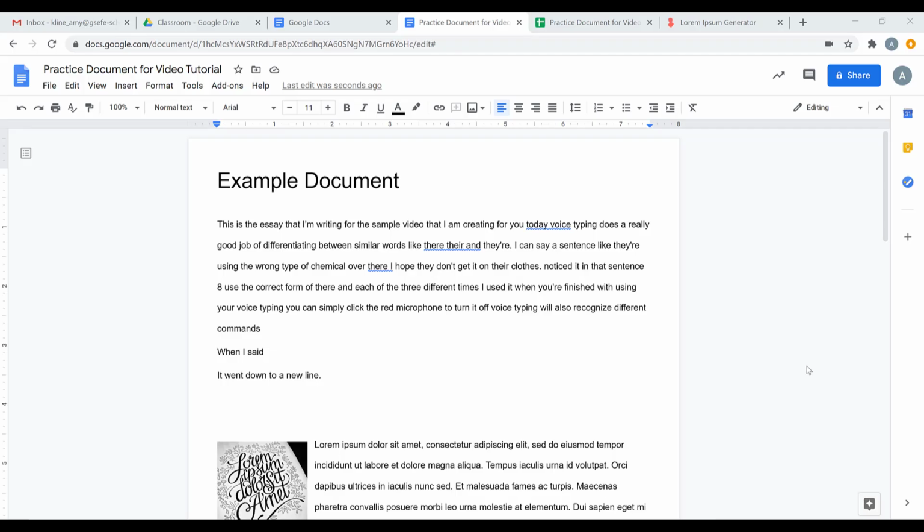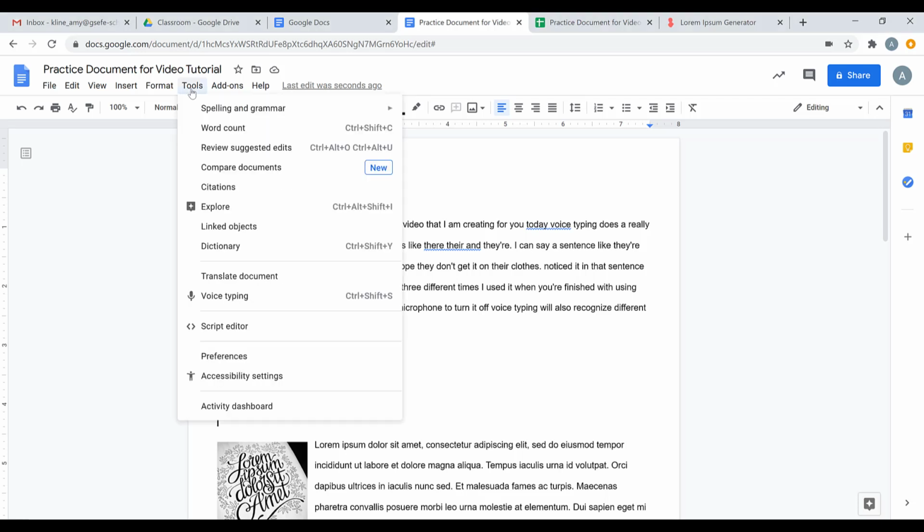Google Docs has a built-in spelling and grammar check. In order to use those, you'll go up to Tools on your toolbar. The very first option is to check your spelling and grammar. You can choose the spelling and grammar check, and then you can also turn on Showing Spelling Suggestions and Showing